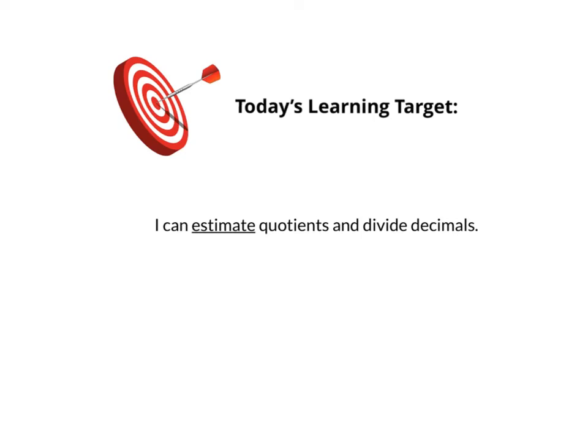All right, class. So we have multiplied products. We've estimated products with decimals. We just got done dividing quotients and understanding remainders. Now we're going to look at estimating quotients and dividing decimals. Let's get started. Before we get into this, we're going to look at the bonus problem, but I just